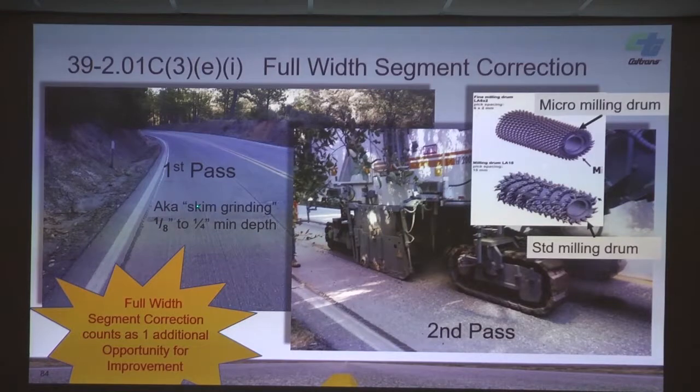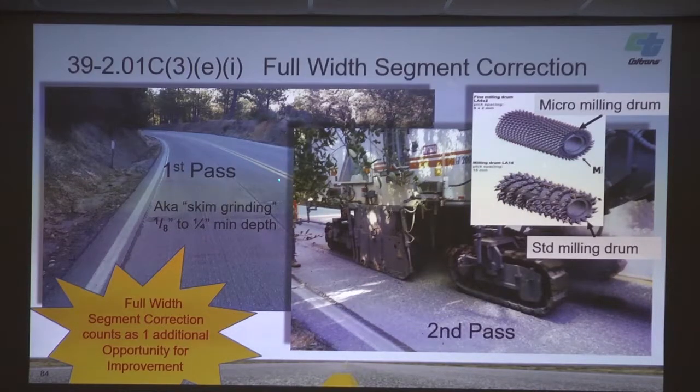And these areas that were 80, 90, which way do you think the MRI went? Up or down? Somebody guess. Somebody guessed down. Nope, they went up. So doing this full width segment correction doesn't always give you a smoother pavement, but if you have high MRI values, in the upper 100s, it'll get you down to the low 100s. If you have something in the 90s or whatever, you're probably not going to make it any smoother.